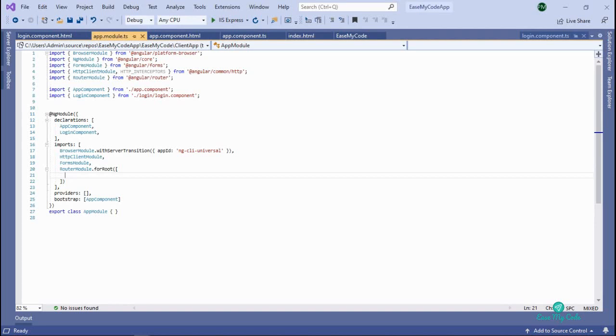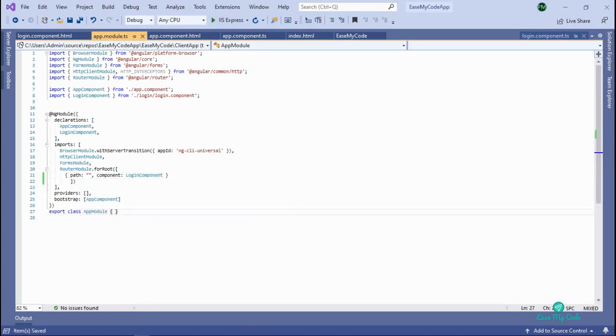In RouterModule.forRoot, you need to write this code: path colon blank, comma, component colon LoginComponent.